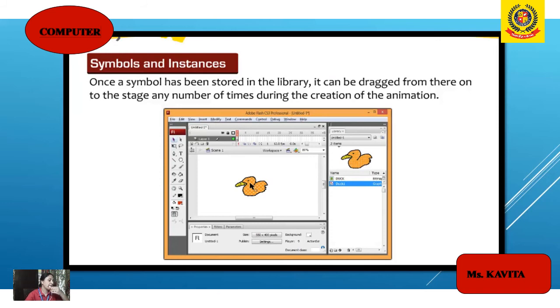So what is a symbol? Symbol is a graphical reusable object, image, animation or button stored in the Flash library. Children, underline that blue box.